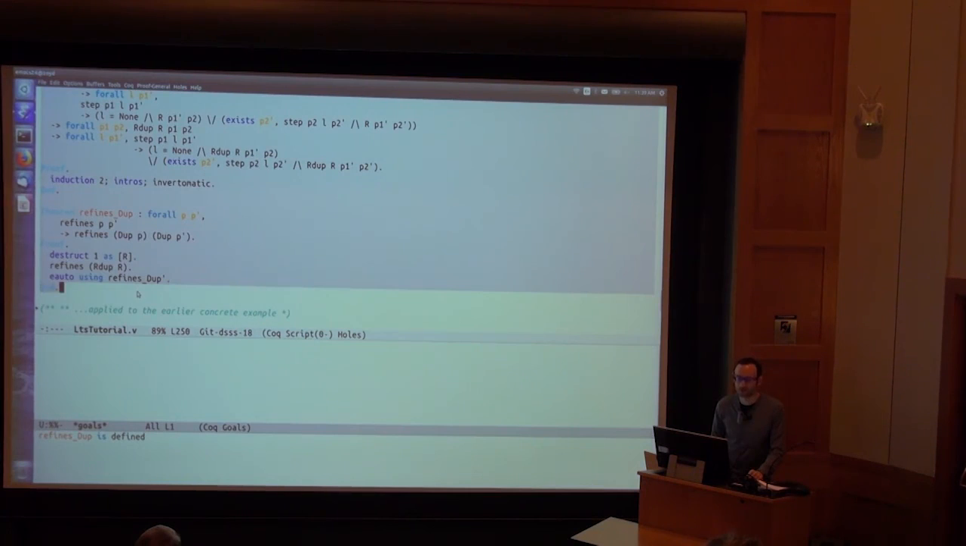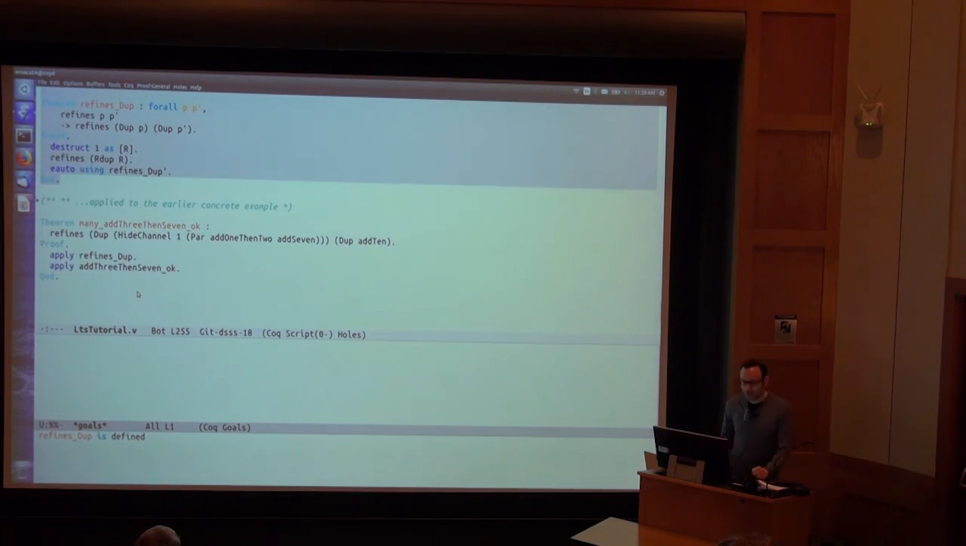Basically, all the constructions we've looked at are congruences with refinement, or maybe refinement is a congruence for them, I forget. So now I can take the theorem we proved before about add 1, then add 2, then add 7 acting in the manner of add 10, and I can add a duplication on both sides. So now we have an infinite number of